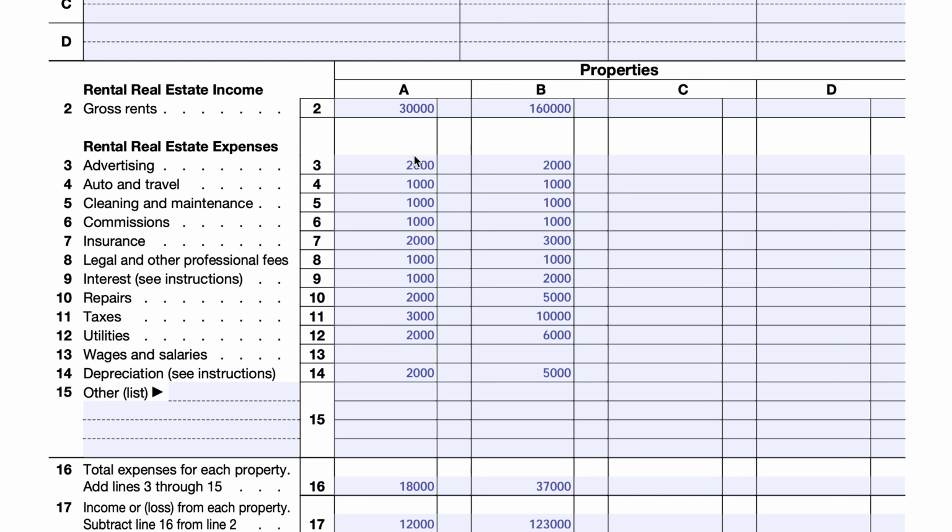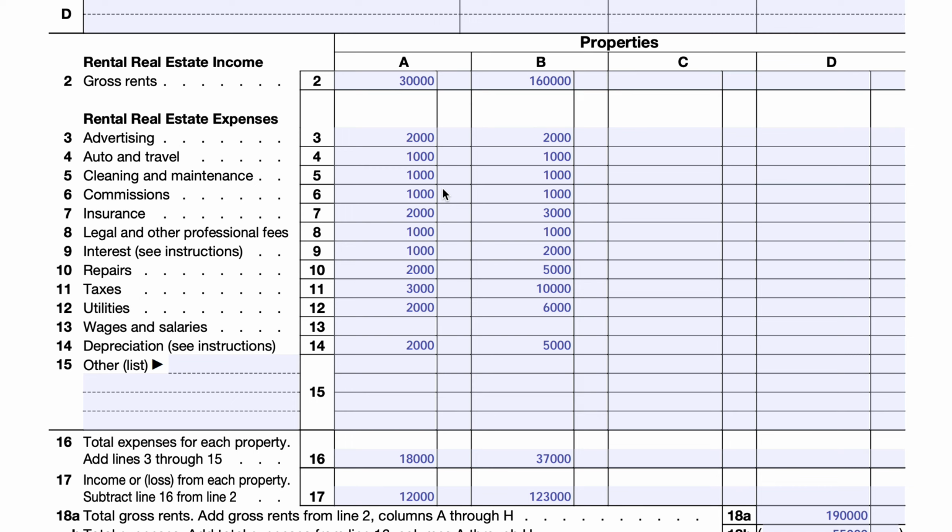Anything that is required to actually get your property listed, you can use as an advertising expense. Auto and travel, you would need to be a little bit more familiar with the rules of auto and travel. So, for example, if you're managing properties from off-site, your travel expenses would be covered. But if you're driving around in your local area, then for your mileage, you can either use standard mileage rate or